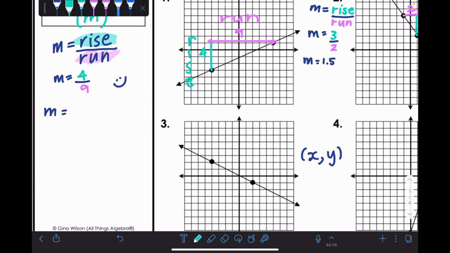I have noticed a couple of you accidentally putting your x on the top, which is a really easy mistake to make, because I'm always saying do x first and then y, but that's when you're writing it across like this. But remember, rise is your y value, how much you're going upwards or downwards. So that's why we do our y first. So our change in y, how much it changes, is equal to y2 minus y1, all divided by